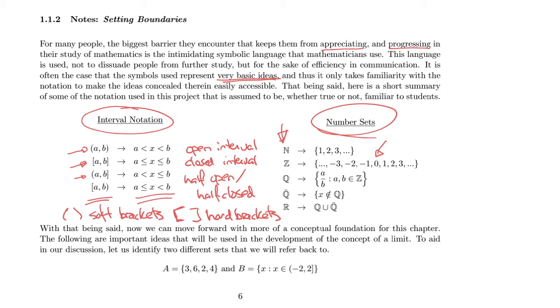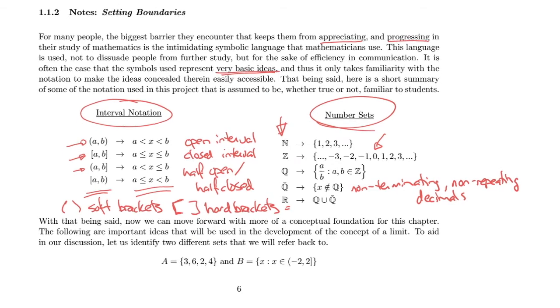So these would be your non-terminating, non-repeating decimals. And then the real numbers, the R here, is the union of the rational and the irrational sets. Together, those are all the real numbers. Like it says here, with that being said, we can now move forward